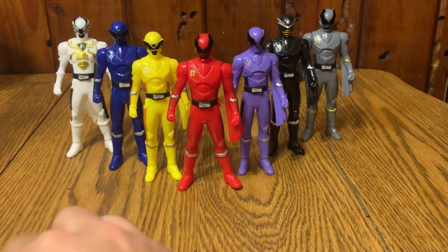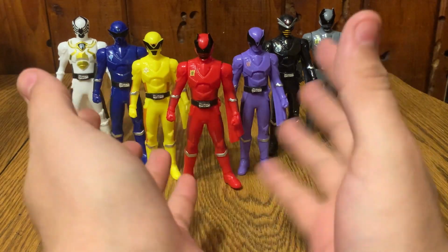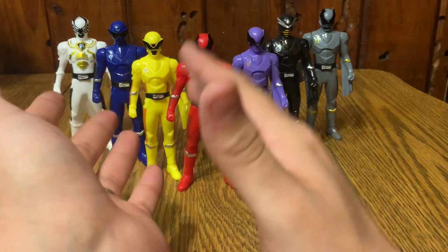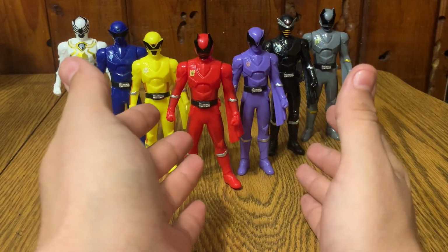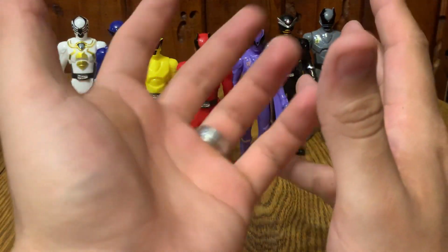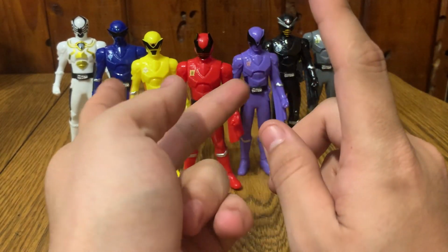And overall, I do think they all look really good. They're just very simple toys. These are anywhere between the realms of $4 to $6, so they're not really that expensive. But I think they look really nice, honestly. It's one of those that if you just want a version and you don't care about articulation and they look nice...